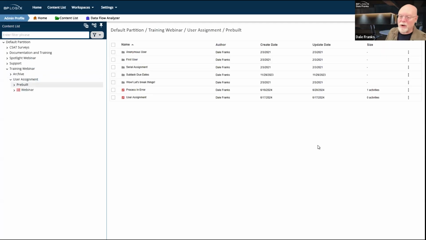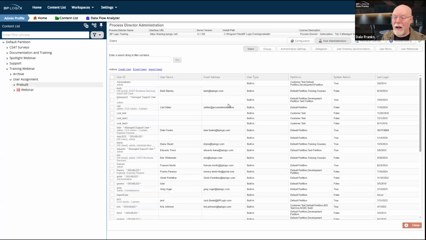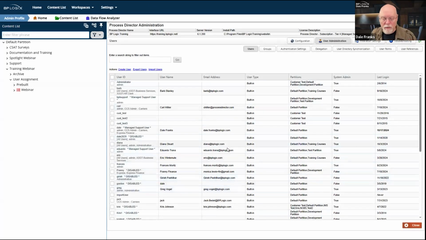But we do need to talk about the second type of user, and that is unauthenticated users. An unauthenticated user, of course, does not have any of this user information stored in the system. They have no identity. We don't know who they are.